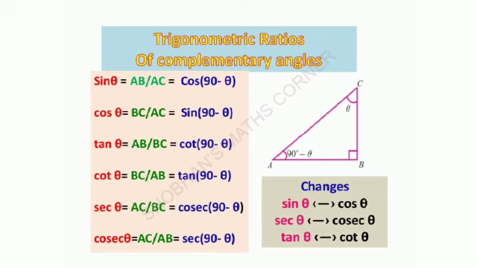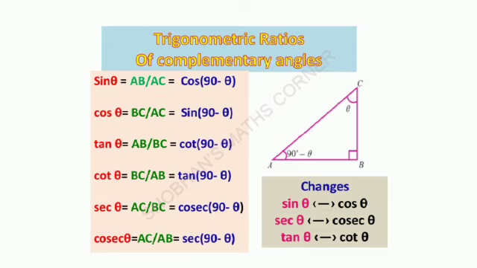So to remember this, you can use this small corner table, that is changes. Here sin changes to cos whenever you apply the complementary angles, and cos changes to sin, sec to cosec and cosec to sec, tan changes to cot and cot changes to tan only when we use the complementary angles concept. These are not the reciprocals, reciprocals are different. These change only when we use the complementary angles concept.